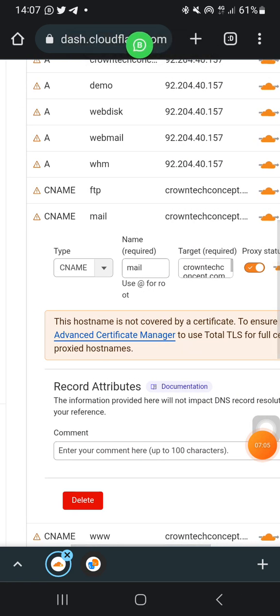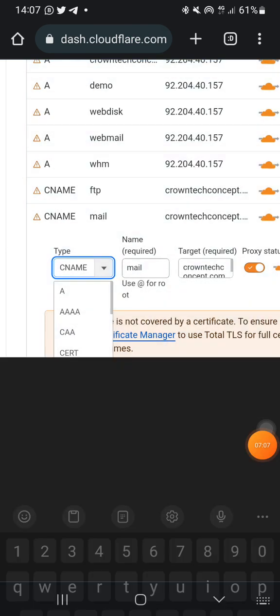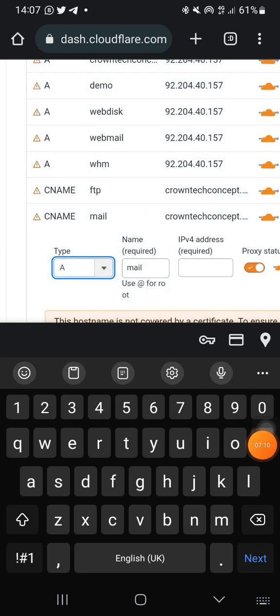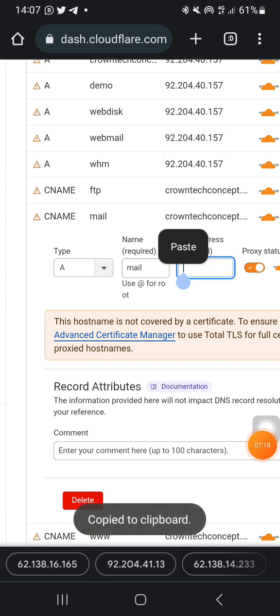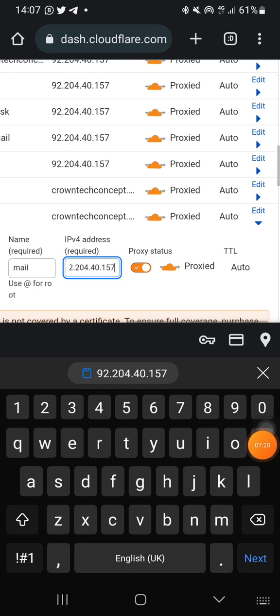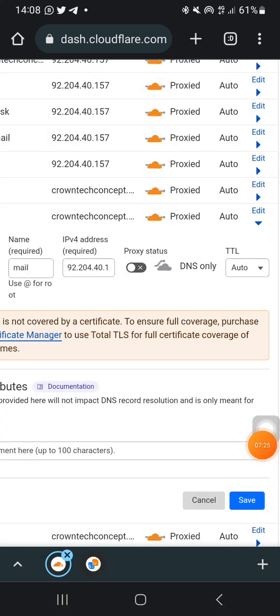You understand? So just change it from here. Click on A. So once you click, change the CNAME to A, then copy this IP address, then paste it here. Once you do that, change this proxy status to DNS only. So I click on it, it changed to DNS only. Then you click on save. So once you've done that,